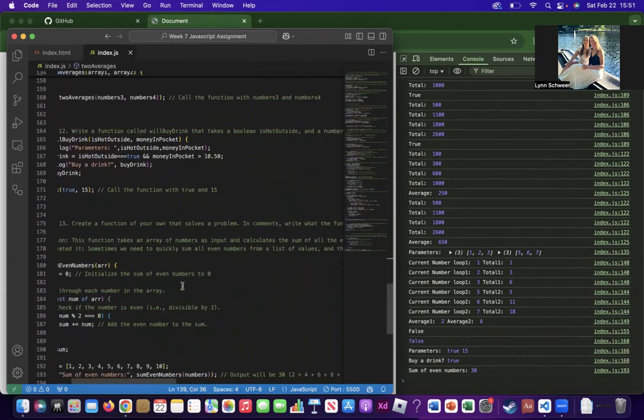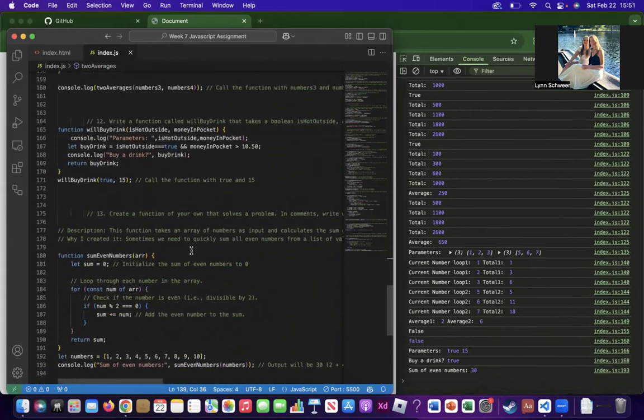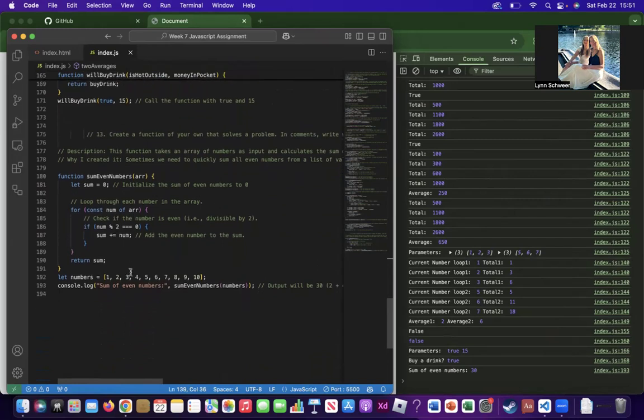Number 12, we're also doing some Boolean parameters, and we have is hot outside and money in pocket. So basically this is saying if I have more than $10.50, then I can buy a drink. And then here's my last